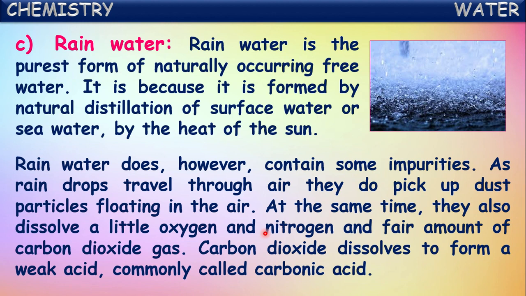It dissolves in large quantity. So the carbon dioxide dissolves into rainwater to form a weak acid which we commonly call carbonic acid. This is the acid present in the soft drinks which we drink often. Soda and soft drinks all contain this carbonic acid. It is formed by the dissolution of carbon dioxide gas into the water. So this happens naturally also. When droplets of rain come down, in their path they dissolve this carbon dioxide gas present in the air and form this weak acid called carbonic acid.